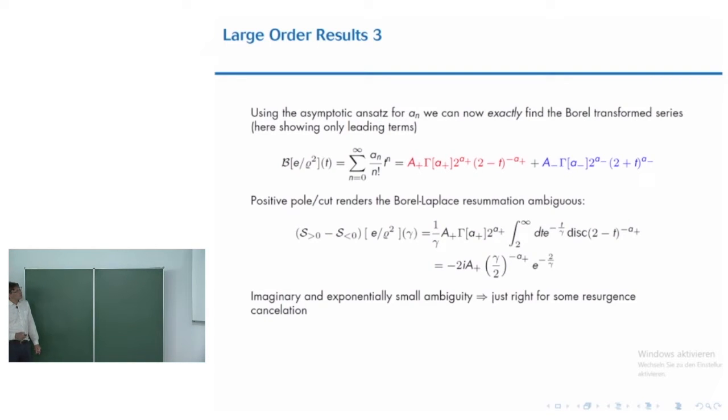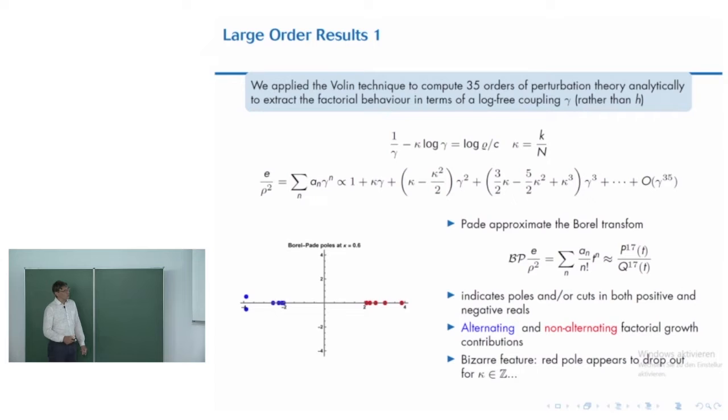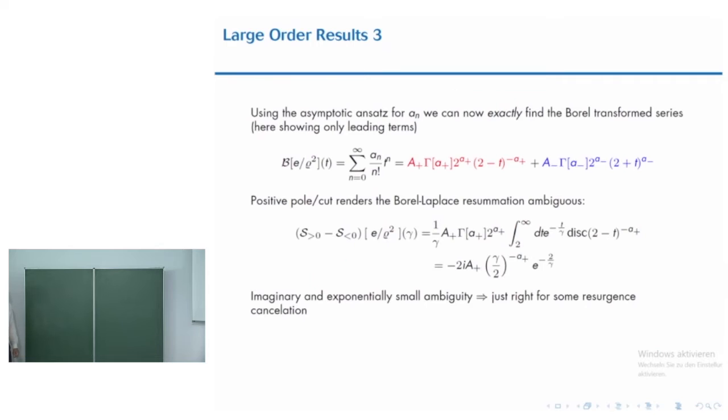So now we can resum this series, and we can look at the ambiguity. We're going to calculate the ambiguity as we resum across the red dots. And we get a purely imaginary piece with some instanton-like fugacity term, just like we saw right at the beginning of the talk, with this A plus function kicking in. Okay, so now there should be some non-perturbative sector that this talks to.